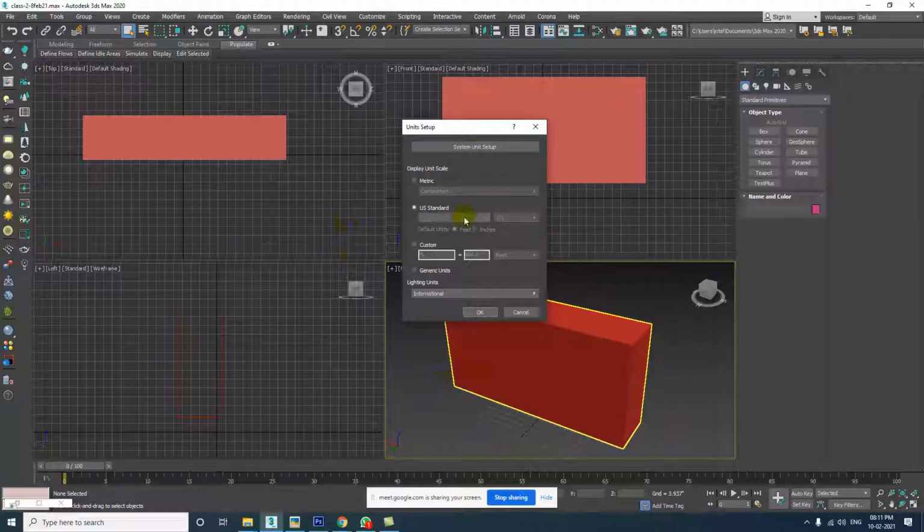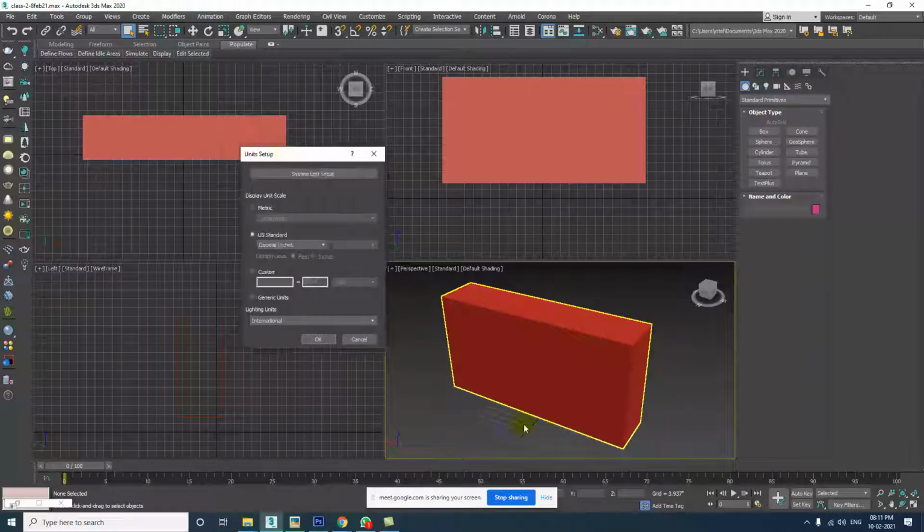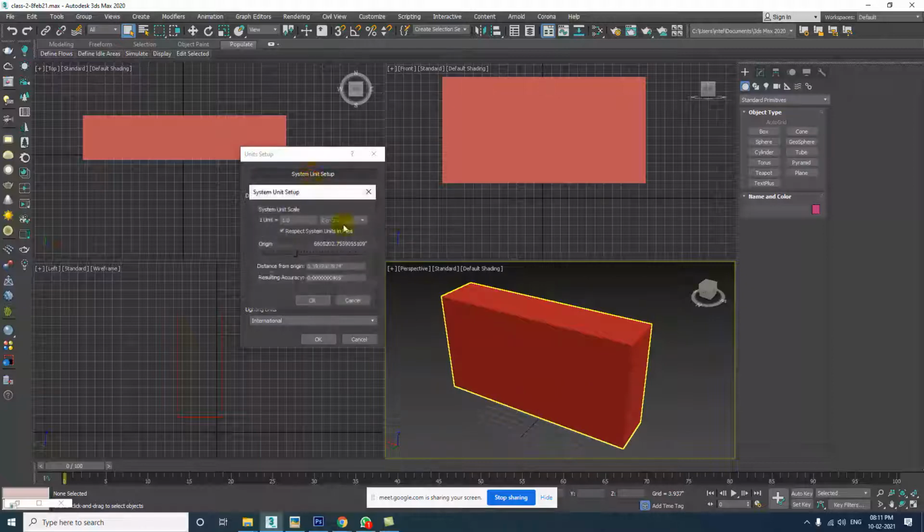Right over here you can see the system, the grid. I cannot access it because my small palette is open. Oh, the grid, and by default you will see the system unit setup. What is the default? It's 1 unit, 1.0, equal to 1 centimeter. 1 unit is described here with the help of the grid. You can consider 1 grid as 1 centimeter.